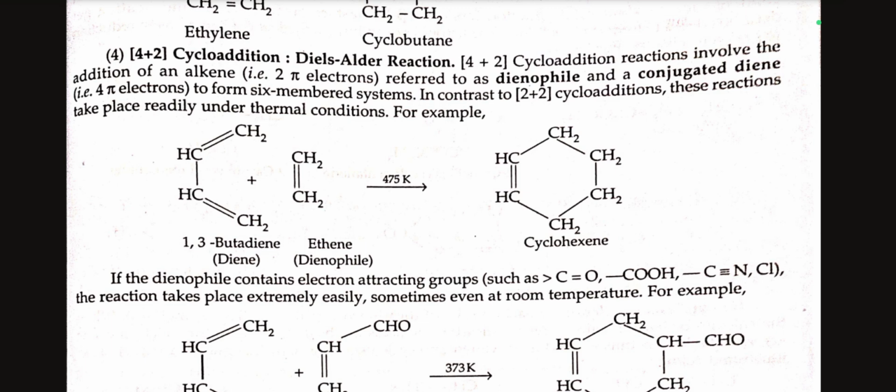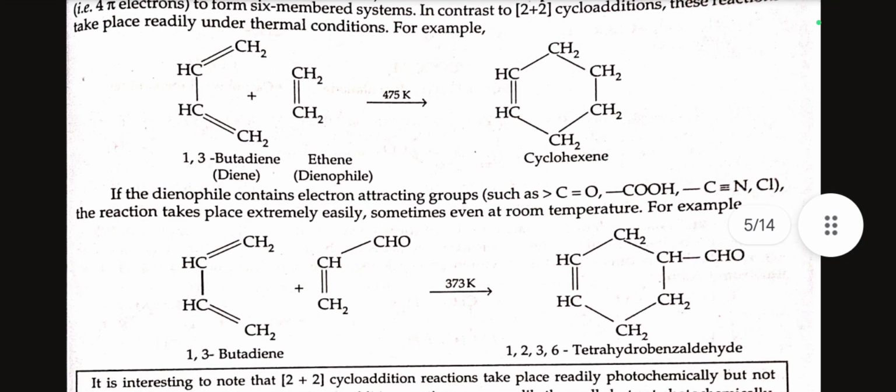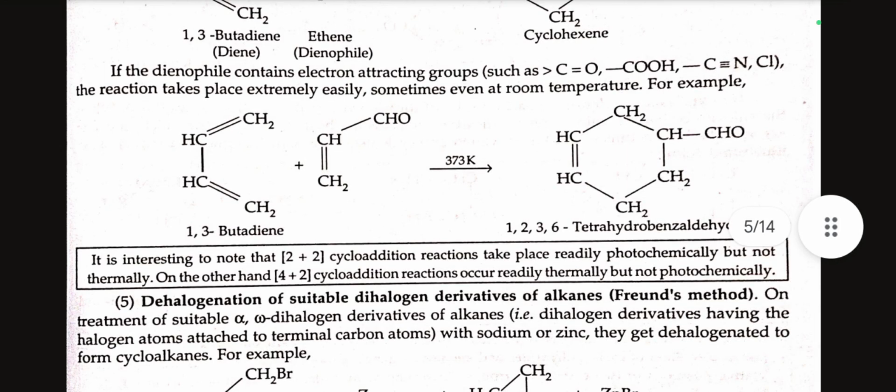If the dienophile contains electron attracting groups such as C double bond O, COOH, C triple bond N, the reaction takes place extremely easily, sometimes even at room temperature. For example, 1,3-butadiene plus CH double bond CH2 and CHO in the presence of 373 Kelvin gives us 1,2,3,6-